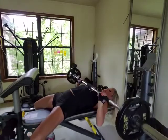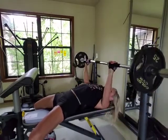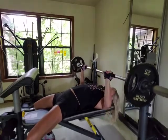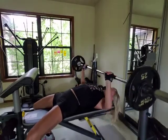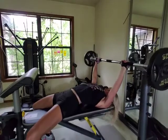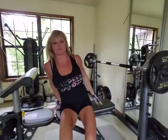1, 2, 3, 4, 5, 6, 7, 8, 9, and 10. Alright, now for abs in between, I'm going to do knee-ups right on this bench, so it's real